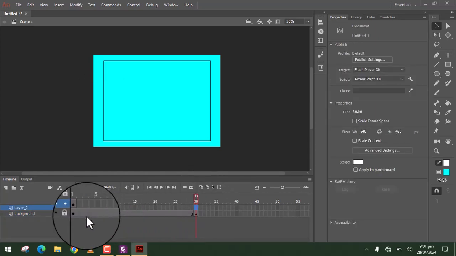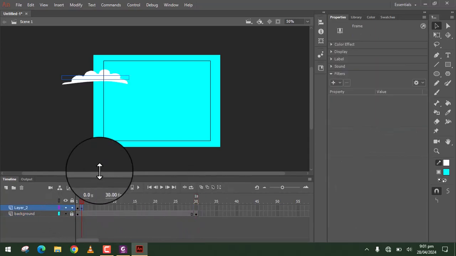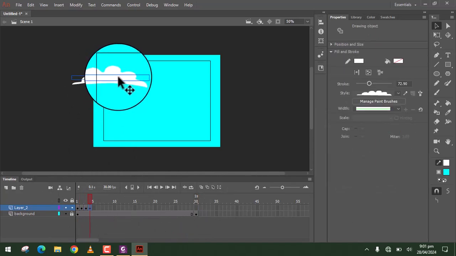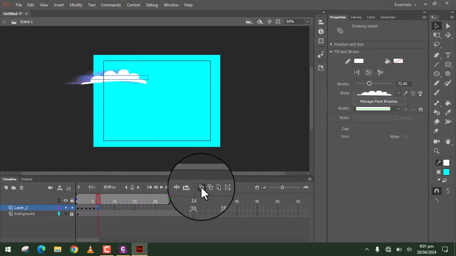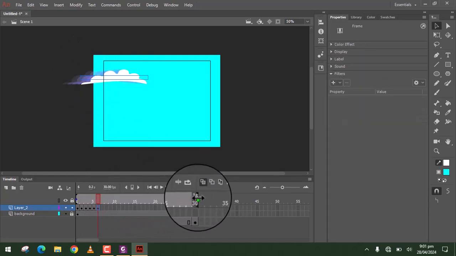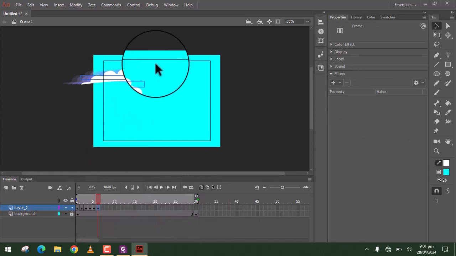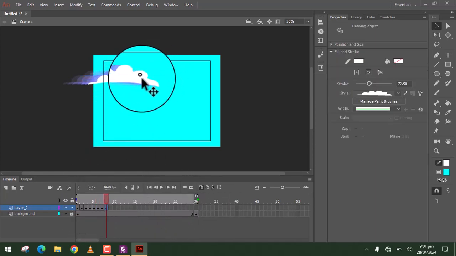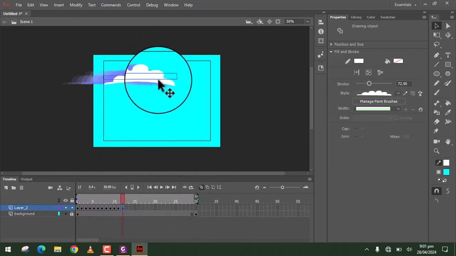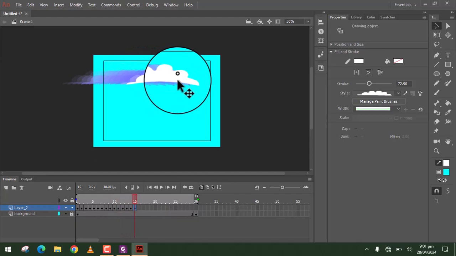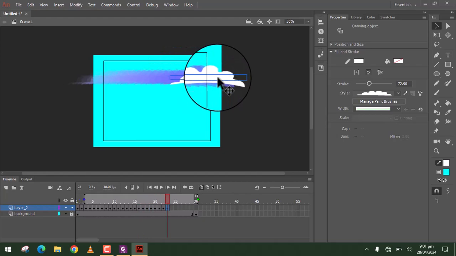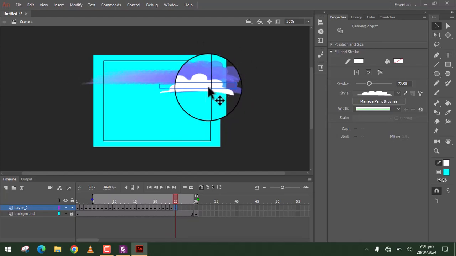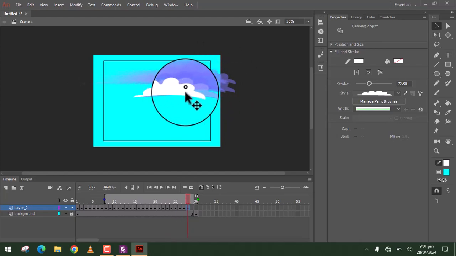And then for the cloud, click the cloud, F6, and then move F6, F6, F6. If you want to view your object shadow, click the onion skin, and then you can just easily drag this one to 1 second. And then continue, F6, move your object, F6. Like this. Also, you can change the track of your object. Example, you can drop it down, F6, drop down like this.